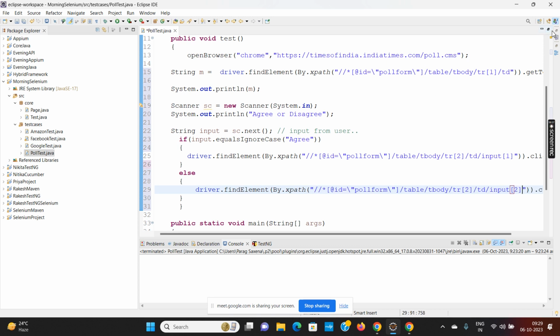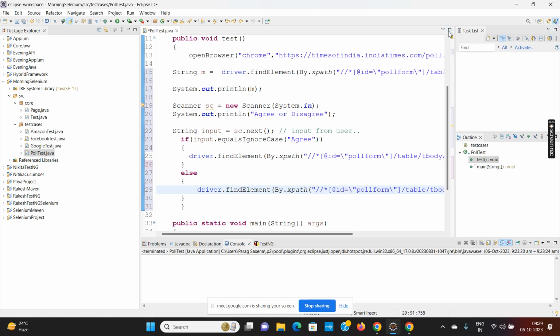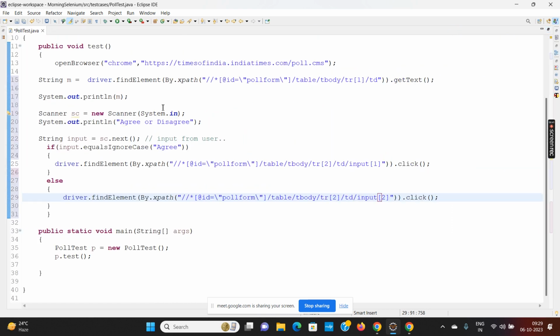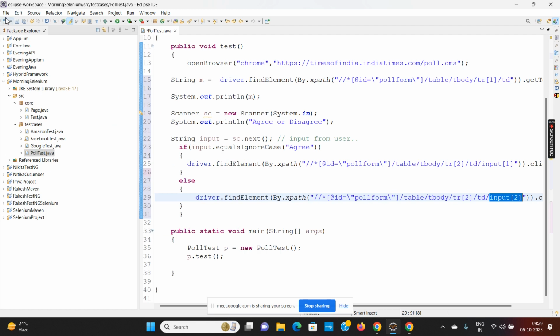Like this. So now we are reading this question, taking the input agree or disagree from the user, and if agree, then click on this, otherwise click on this. So if you see, it is taking the path up to input number 1 or input number 2, agree or disagree. If I again run it,